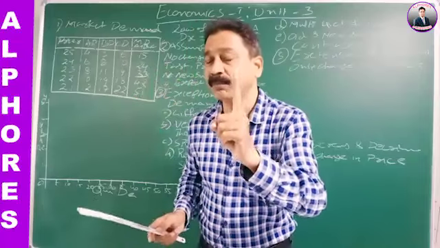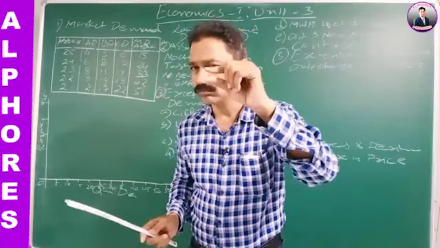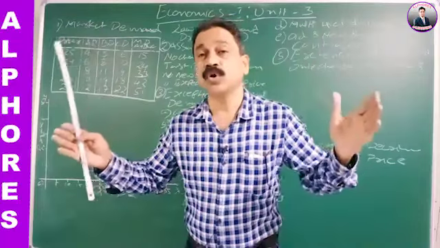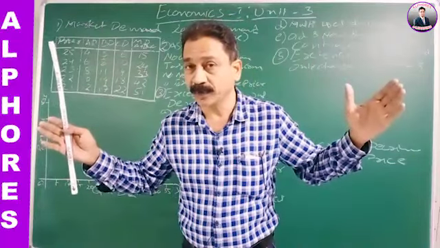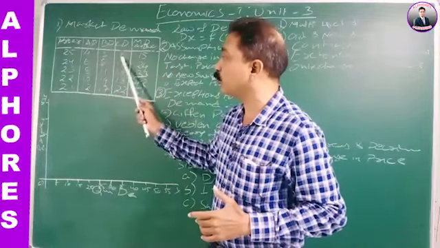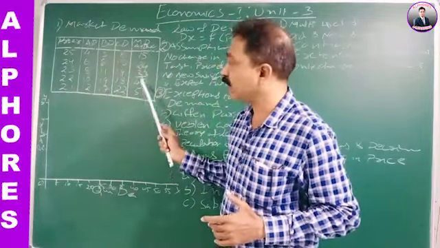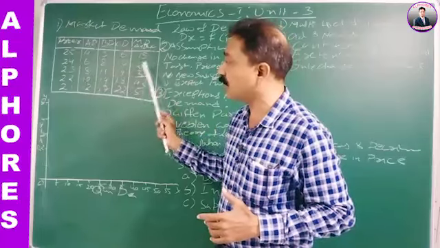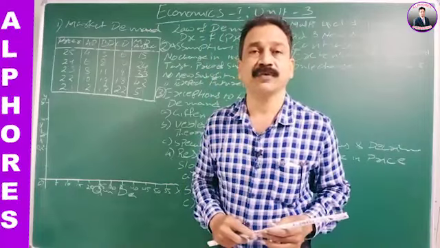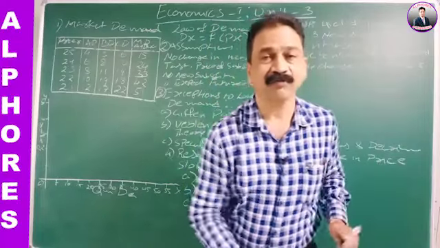If you take one person, it is micro, a small part. When you calculate the total market, that is macro, a larger part. So this one is micro. When you put together, this is macro. Now we will see these curves here on this graph, how they vary from person to person.